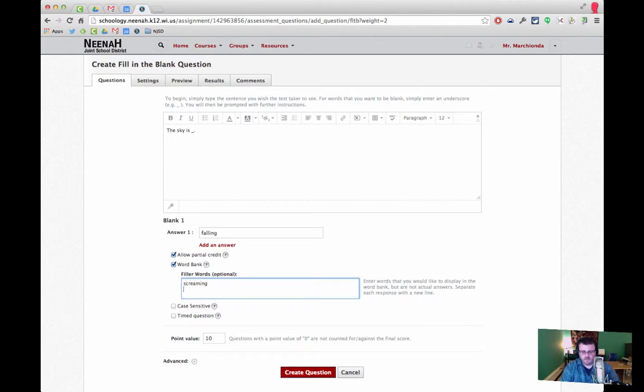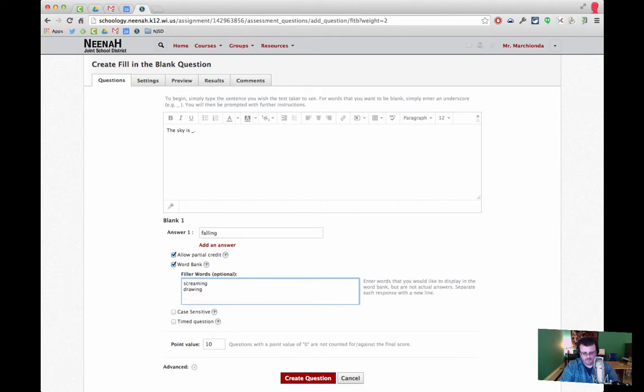screaming. Enter words that you would like to display in the word bank, but are not the actual answer. So these are going to be all the wrong ones. Separate each response on a line. Screaming, drawing, flying. I don't know. Can make them have to be case sensitive if they type it in, and of course